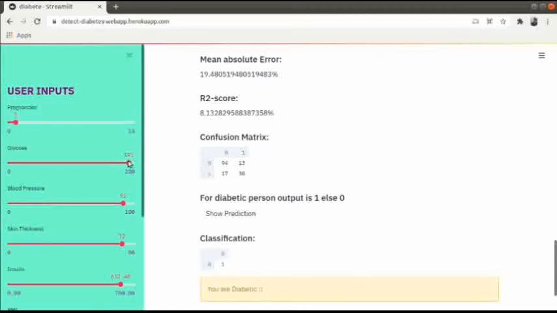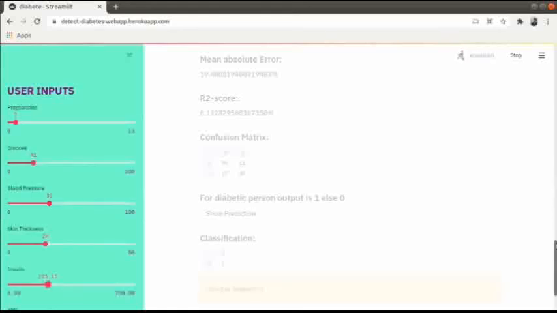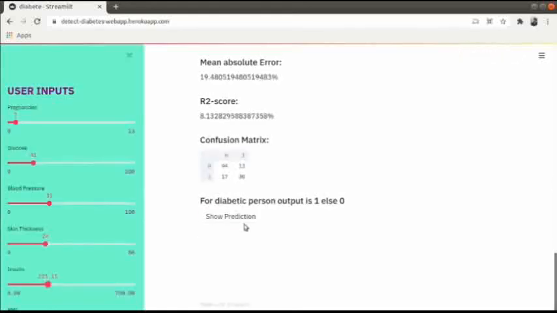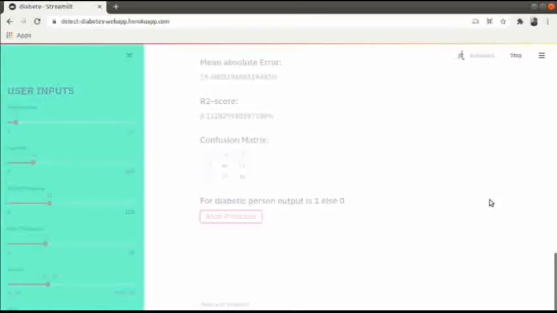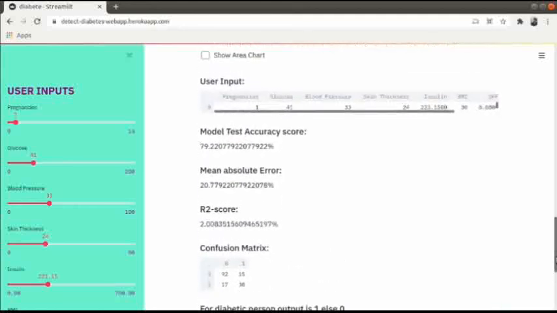It means it's diabetic. And if we just change the inputs and run this again, it returns 0, and it means you are healthy.